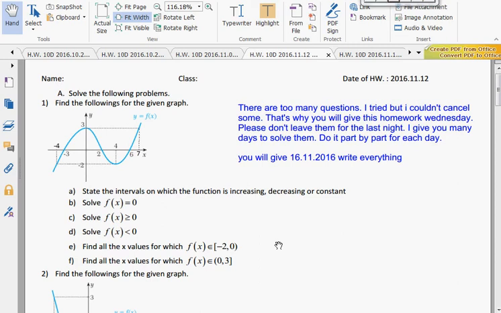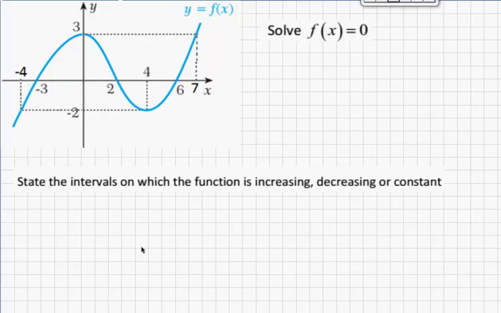So here we have 6 questions about the same graph. Firstly, the first one: the function increasing, decreasing and constant. Remember that if it is moving up from left to right, it is increasing; moving down, decreasing; moving directly across, it is constant. Here the graph comes from minus infinity and moves up till x is 0, which means from minus infinity till x is 0, it is going to